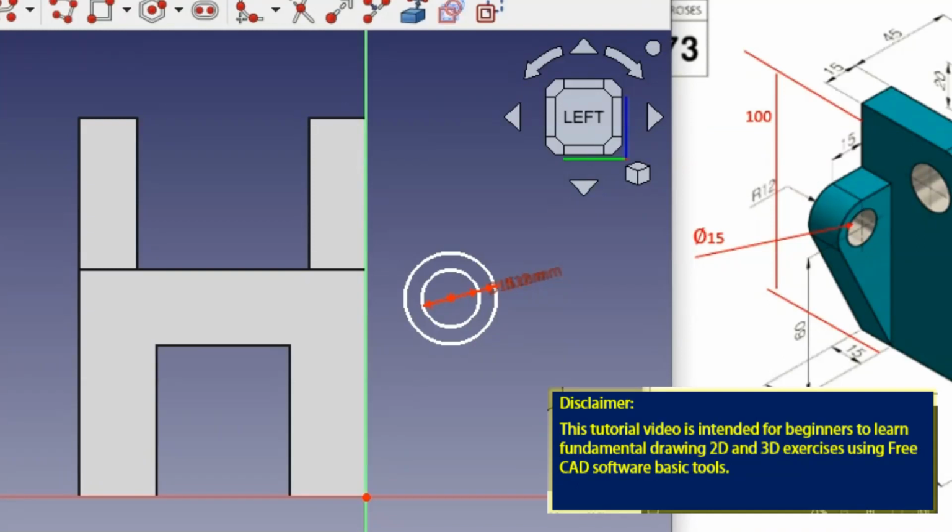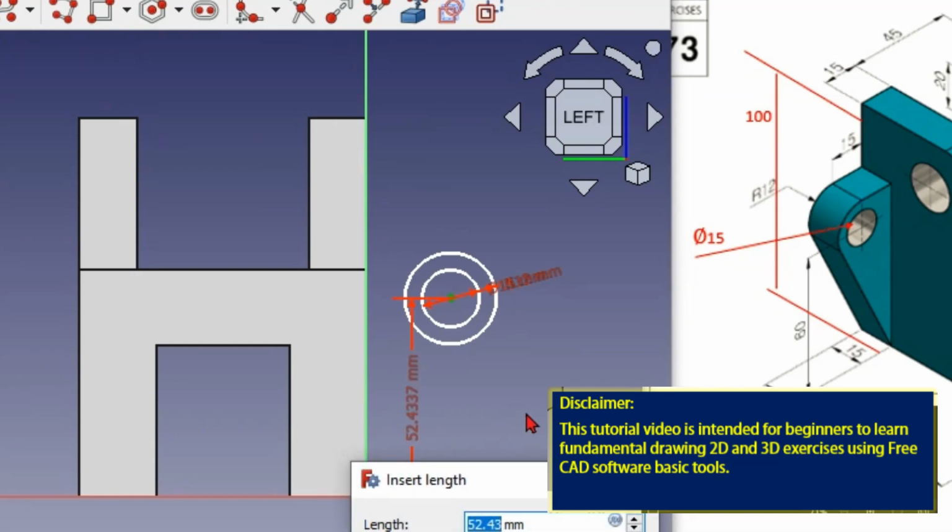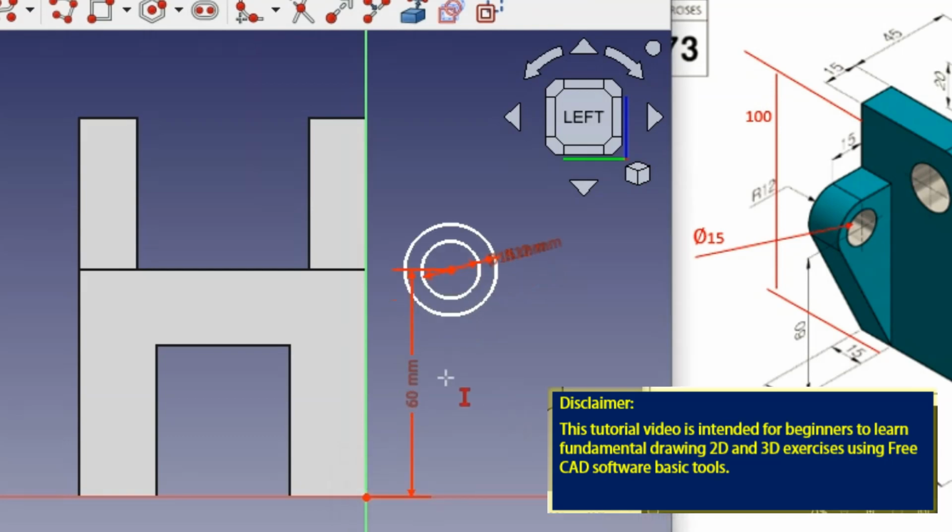Line, our origin will be 60. The height here, from here to here, will be 16. No, sorry, 60. Then the distance from end here to center here will be 15. Use